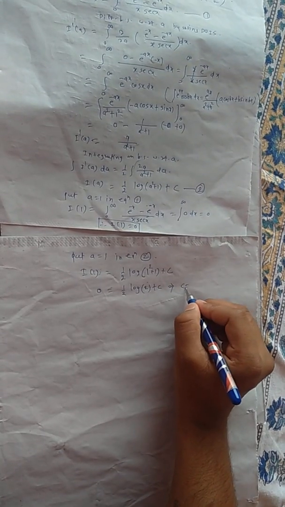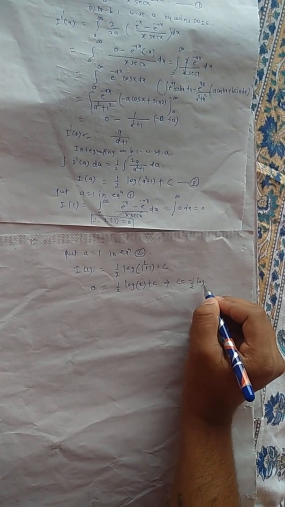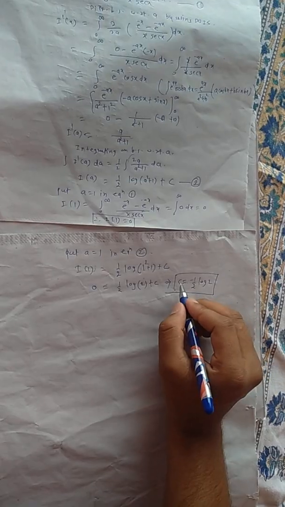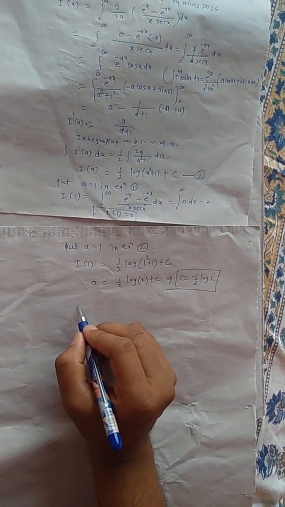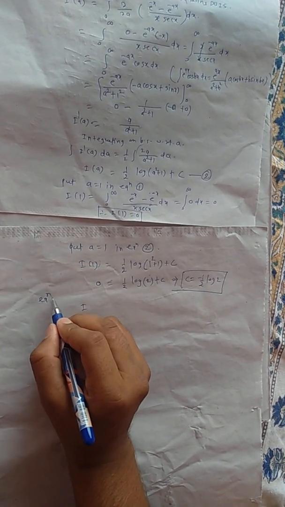From this we write the value of c is equal to minus 1 by 2 log of 2. By putting the value of c is equal to minus 1 by 2 log 2 in equation number 2, equation 2 becomes